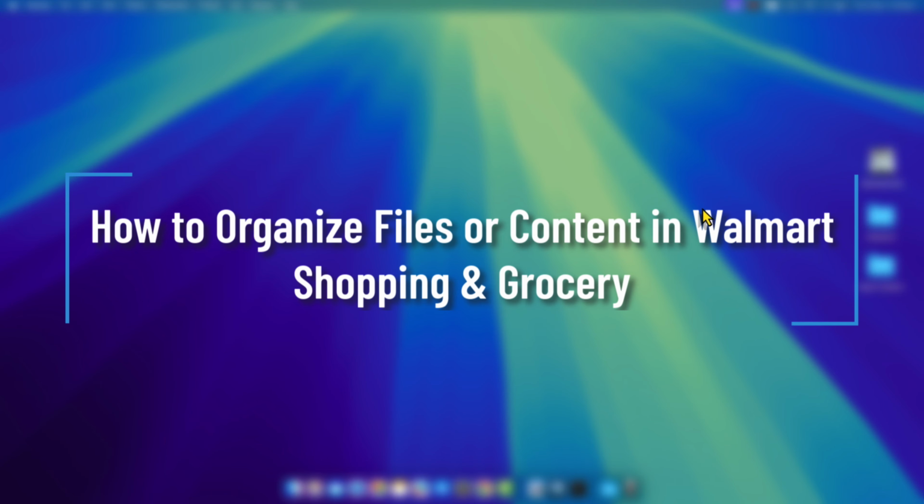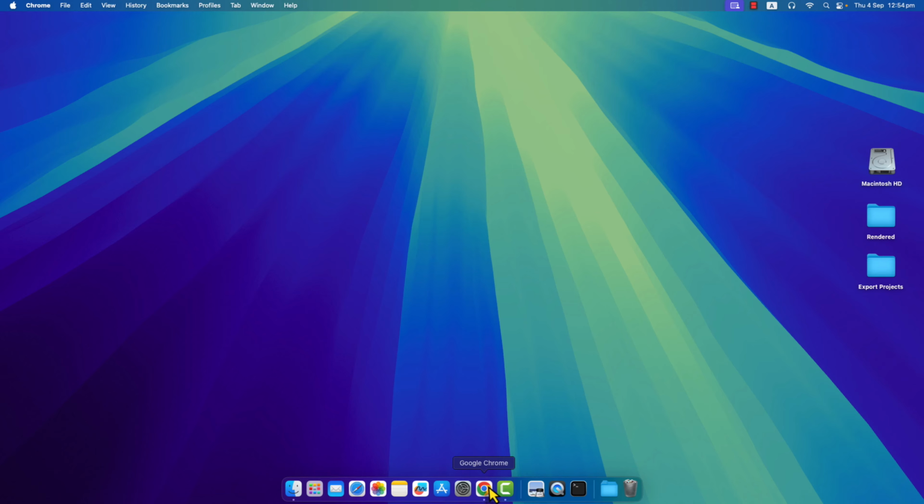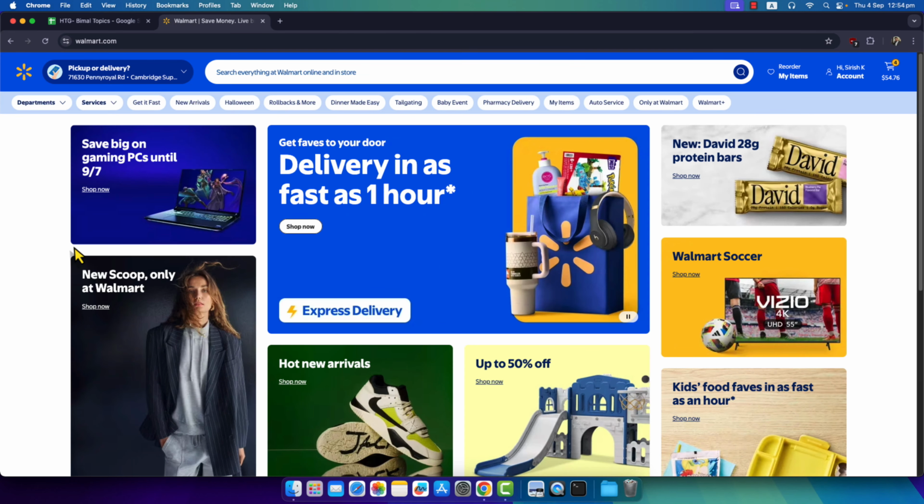How to organize files or content with Walmart, shopping, and grocery. Now, to organize files and content, based on however you want to organize them within Walmart, the first thing we'll